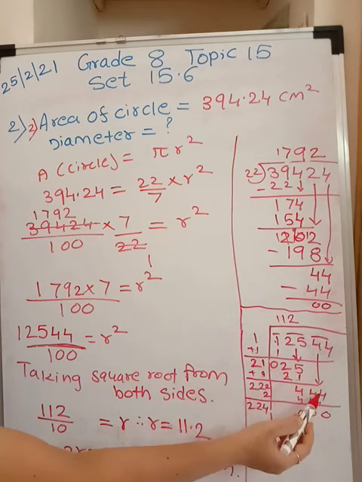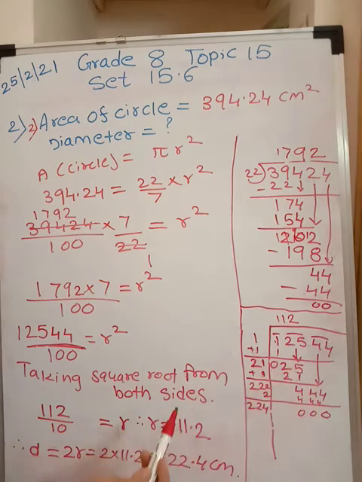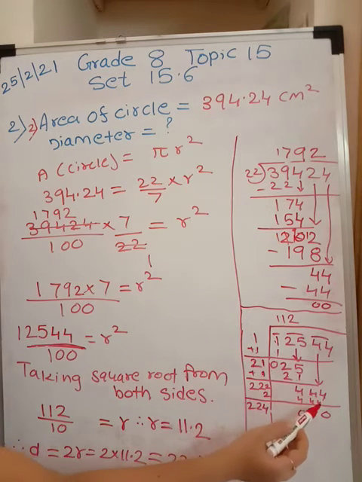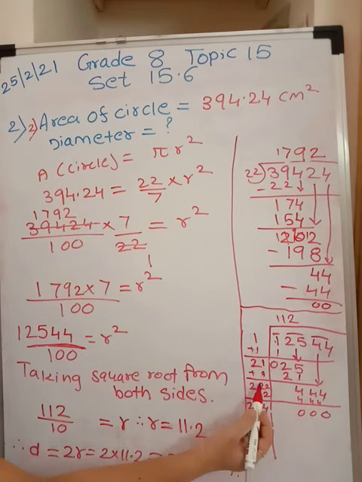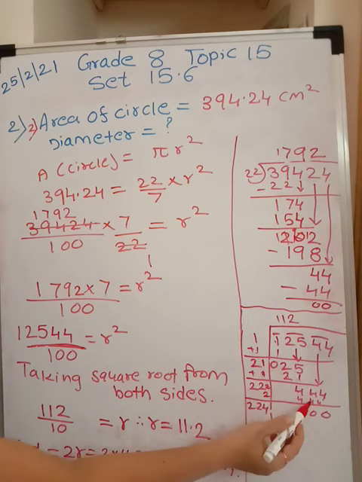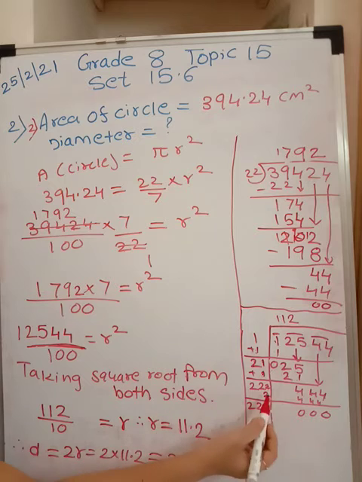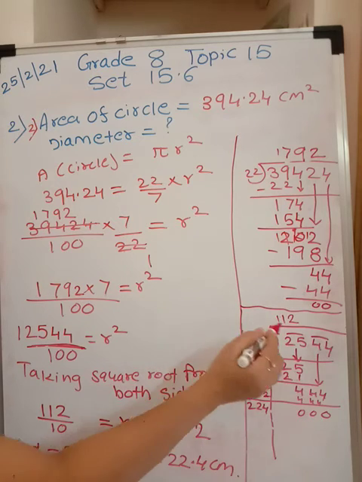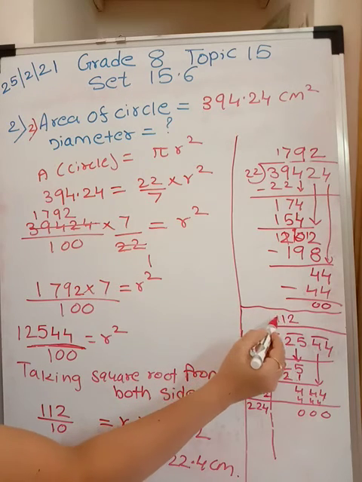Again you take this 44 pair down. At a time 2 numbers have to be taken which are in the pair. Alright. So I got 444. Now here 22 were there. So which number should I be adding? And with the same number you have to multiply below. For example, if I am adding here 2, multiply with 2. 2 twos are 4, 2 twos are 4 and 2 twos are 4. So 2 plus 2 I get 4 over here, 2 and 2. And remainder I get 0. When you get remainder as 0, the quotient is your square root.